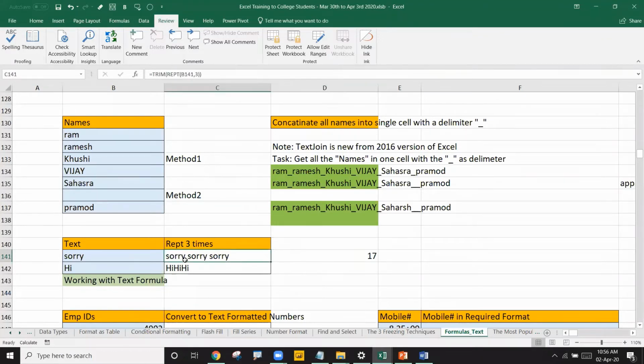But here it is showing "sorry" with a space between the two sorries, but for "hi there" there is no space. So sometimes in the text you'll have the space, sometimes you may not. My requirement is, if it is added, well and good. If it is not added, you add it. So for B41, that is a text, I'll add it by using the concatenate operator, double quotes, space, double quotes, enter, and drag it down. Even though I have not written that space in the "hi", it is showing here. Is this clear?